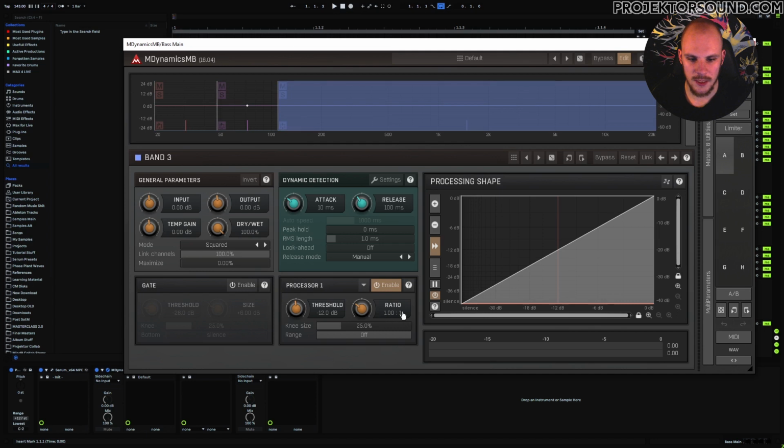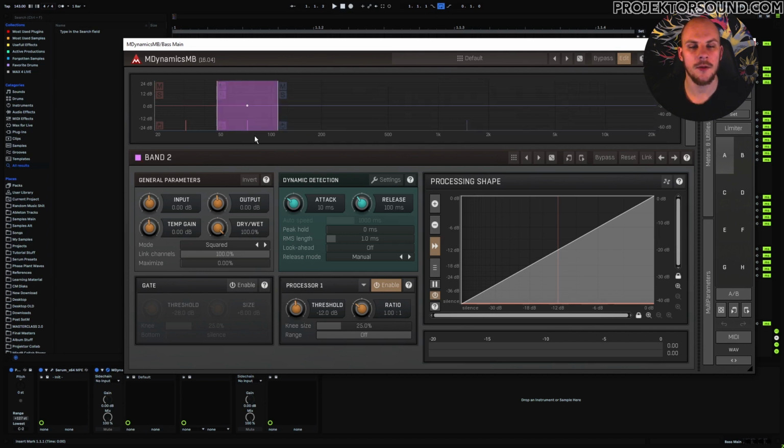You can see that the ratio is 1:1, so there's no compression happening. But they are splitting up the signal into multiple paths and then resumming them together. To do that, they are using filters, which are at these crossovers here. And that means that those are going to introduce that phase shift that I've been talking about for so long now. And that means that they're going to introduce this phase shift, which is going to change the sound of